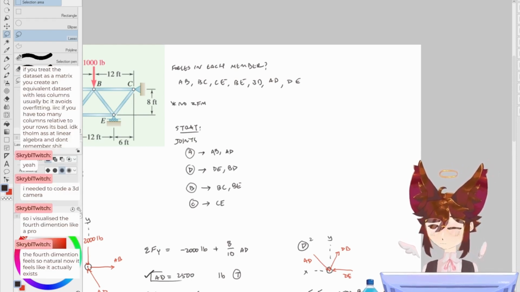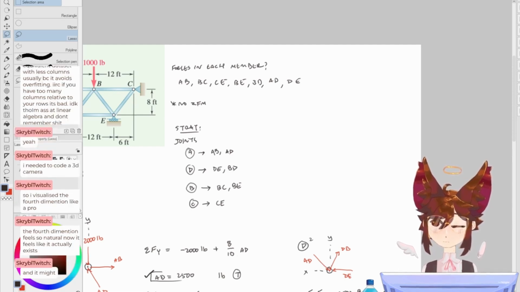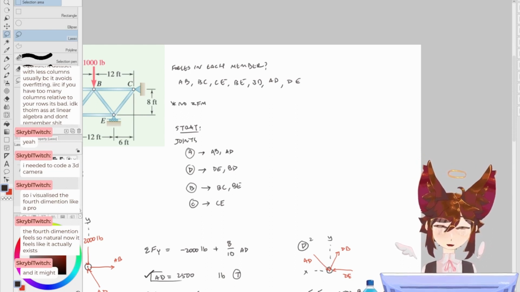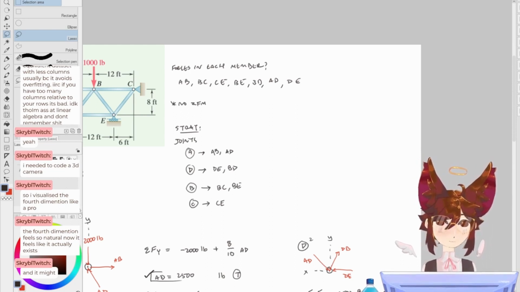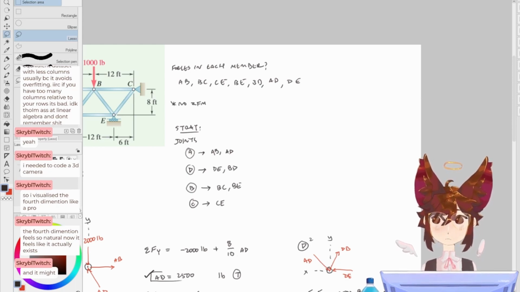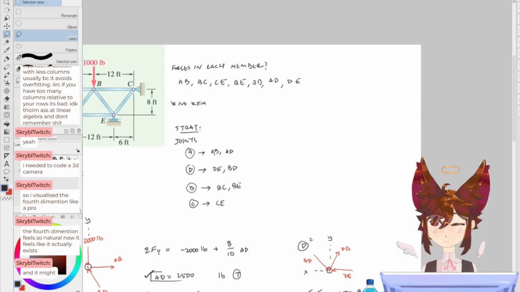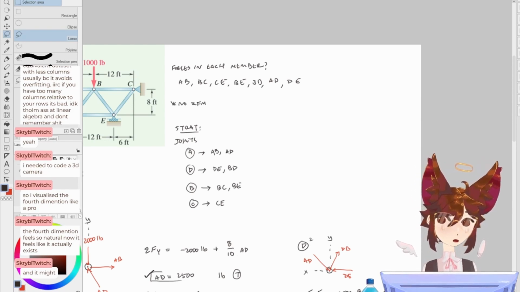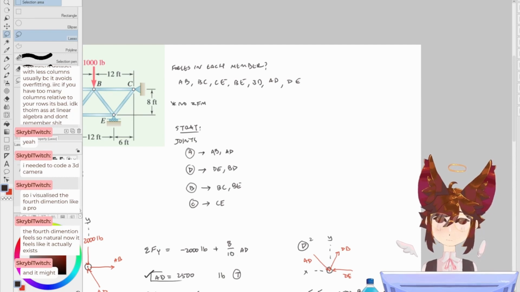The fourth... Wait. But you're talking about, like... And it might... Well, the higher dimensions definitely exist. I mean, I feel like that... I feel confident saying that. Well, you're saying that... But you were working with rotations, right? So that wouldn't have been 4D space. That would have been 3D and then a rotation, right? Or actually, I don't know. I haven't worked with quaternions.